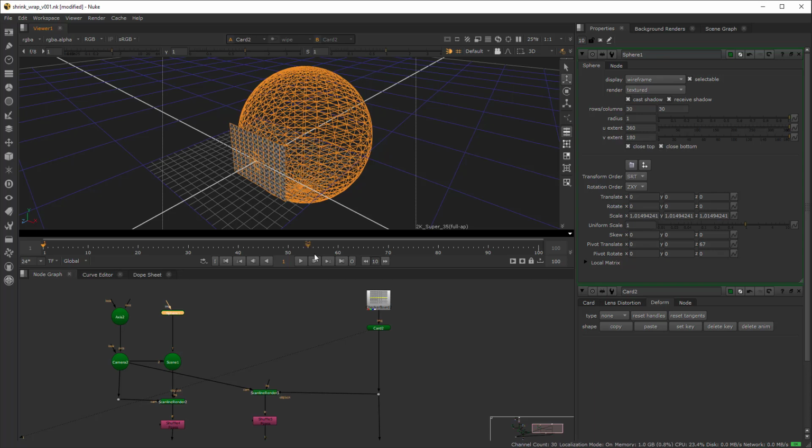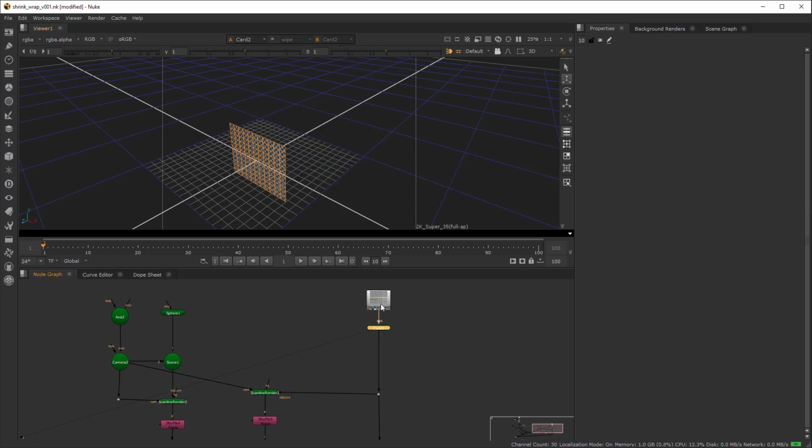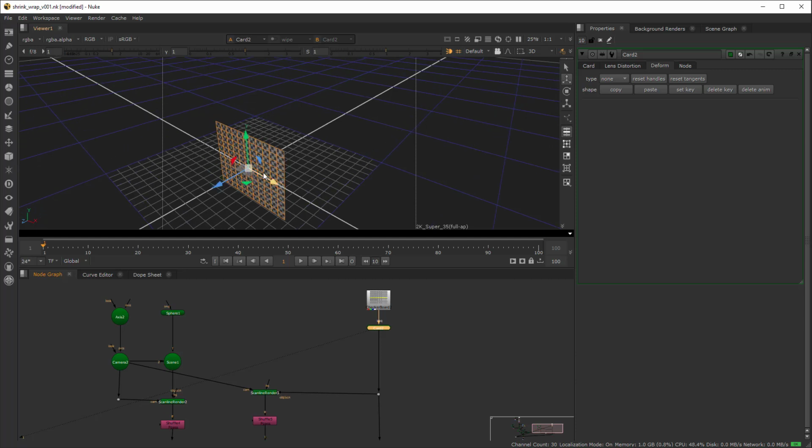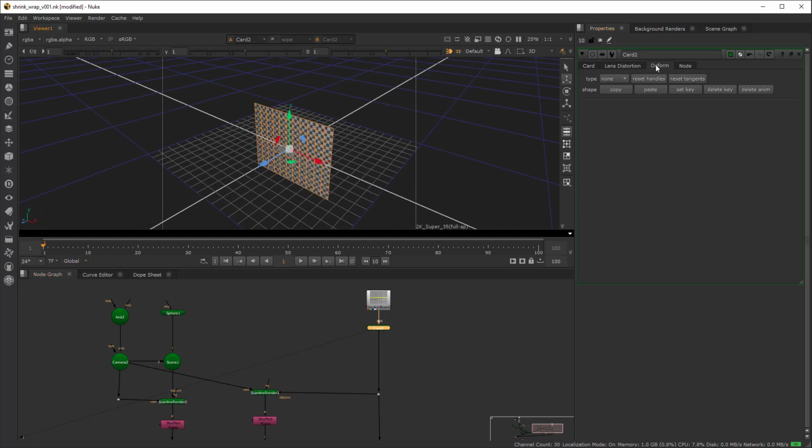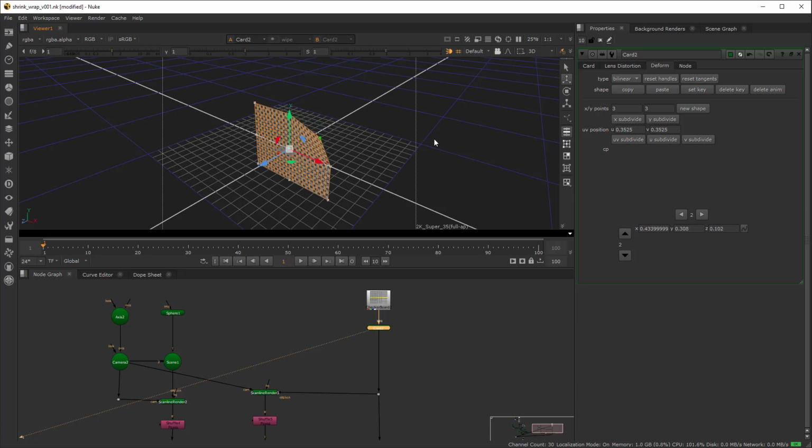whatever other geometry. We don't have it natively in Nuke, and I'm not saying that I found a way to replicate it entirely, also because probably it's not very useful anyway. We have other ways of deforming geometry. If we are working with a card, we can enter the deform tab, and here you have a way of applying deformation to your card, or you can use